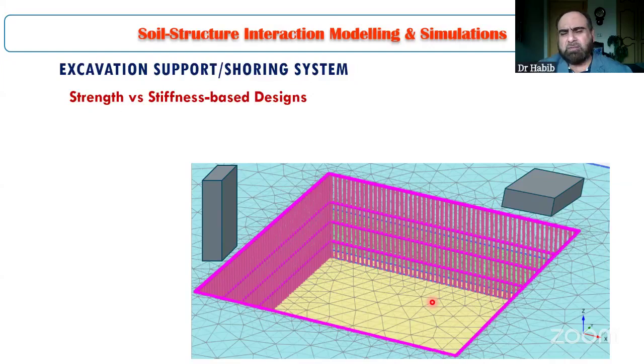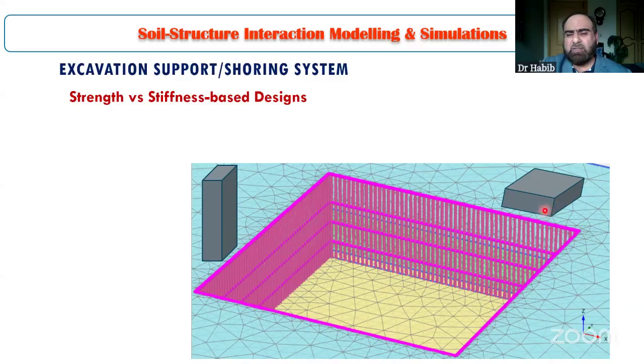So they are strength based methods. But what we are looking for in our excavation support system is something which should be based on the stiffness, because we are not only worried about the collapse of the system or failure of the system, we are worried about its deflections